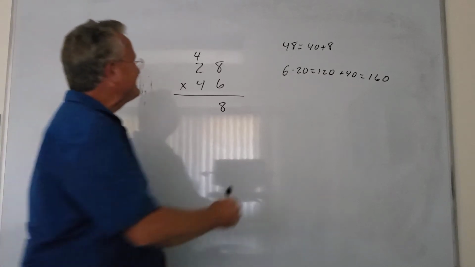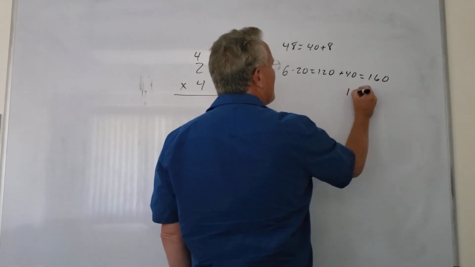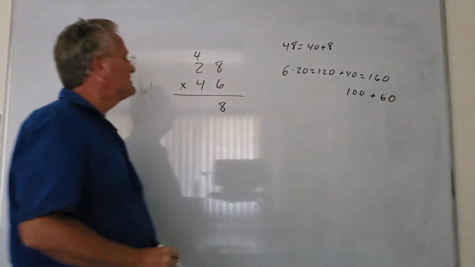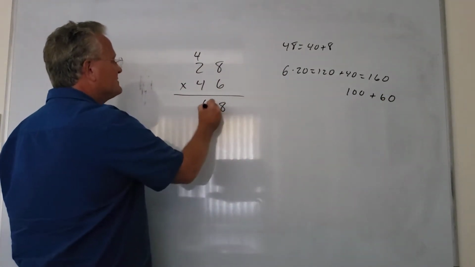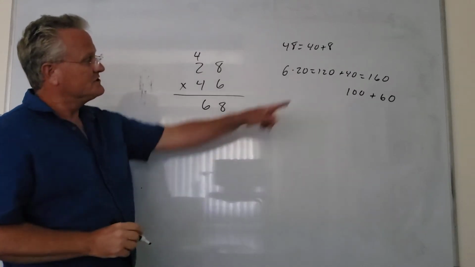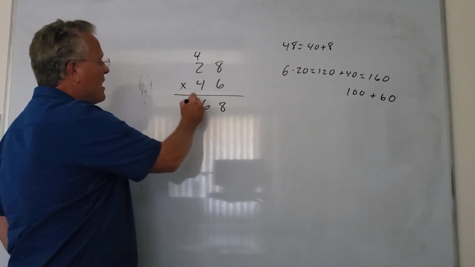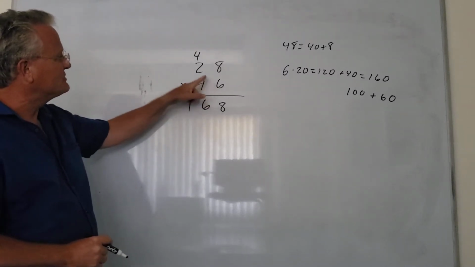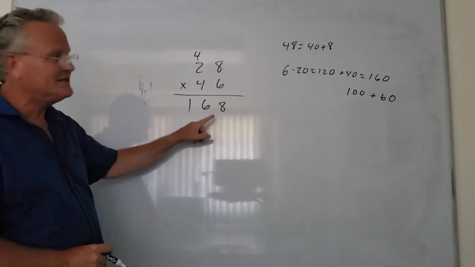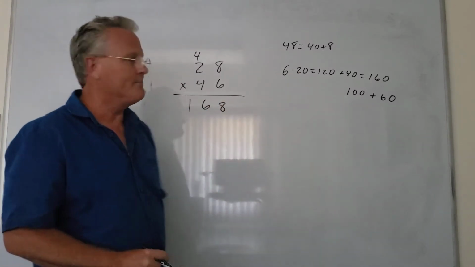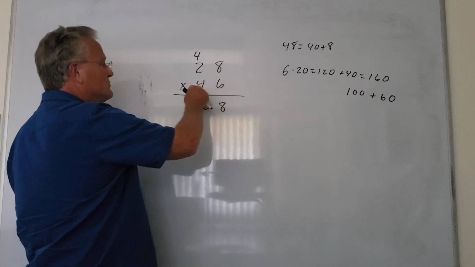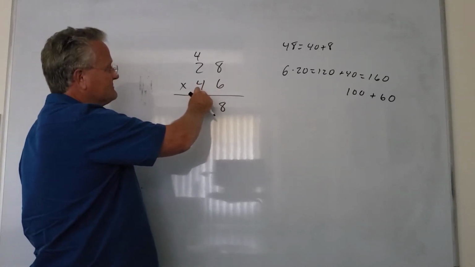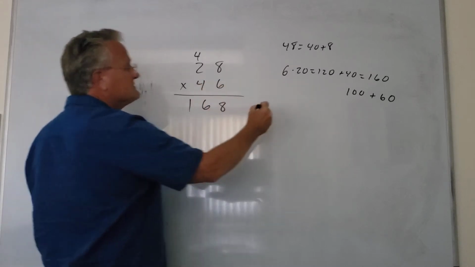So 160 is 1 hundred plus 6 tens. So that's why we put a 6 here for the 60, and then there's 1 hundred that we put in the 100 spot. Usually the mechanics, we just go 12 plus 4 and we put 16, but this is really what's going on. Now we multiply the 4, but keep in mind this is really 40 because it's in the tens position. 40 times 8